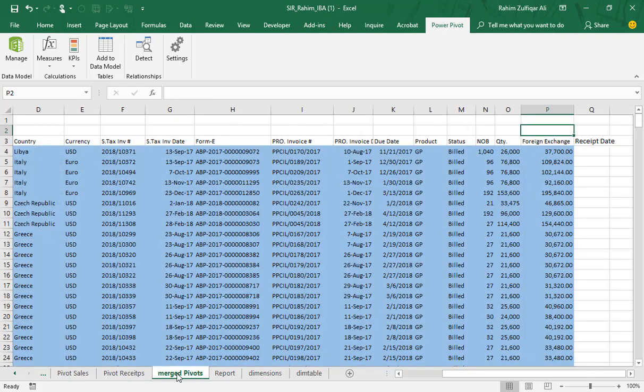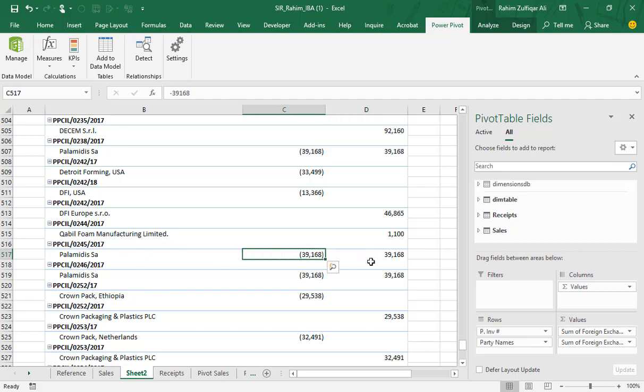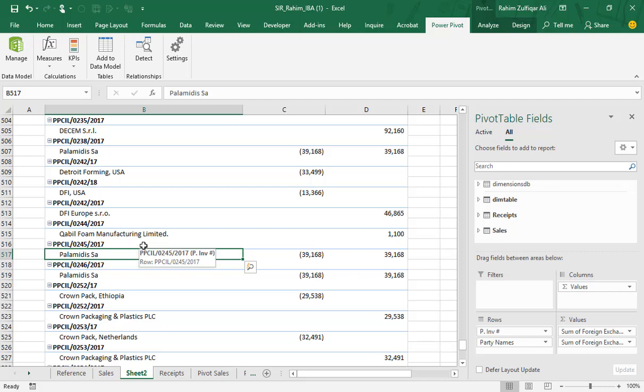We can analyze our reports to drill down further. We can see that this invoice has the same amount, one side positive and one side negative, on the sales and receipts sides accordingly. This is how we resolve all these merging and relationship issues in Power Pivot.